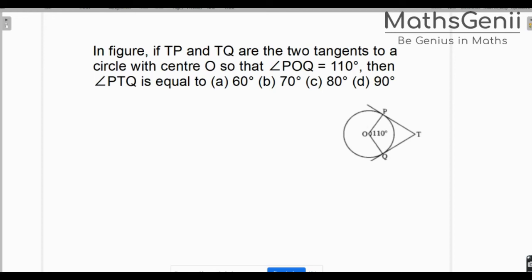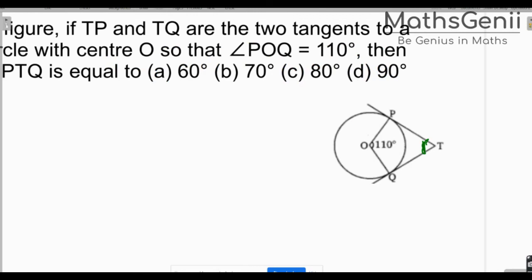This is a very simple question. Now they've given you the diagram. I'm not even reading the question. What you have to do is you have to find PTQ. So this is what you have to find. How are you going to find this? Zoom in, I'll tell you. So again, identify what is the radius. OP is the radius. And this is a tangent. So when radius and tangent meet, what happens? It becomes perpendicular, right? This is perpendicular. This is also radius passing from center to one of the points, and TQ is tangent, so radius and tangent meeting, what happens? 90 degree.